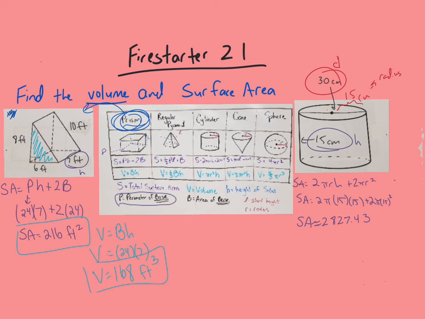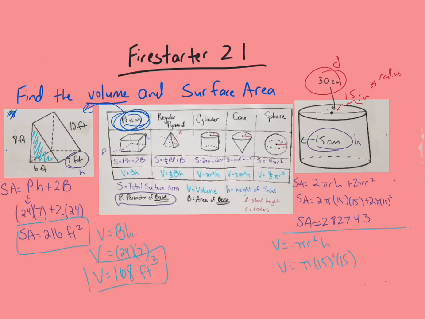Alright. Now I'm going to do volume. Volume of a cylinder is pi r squared times the height. So it's the area of the base times the height. The area of the circle, that's why it's pi r squared. r is 15, h is 15. So volume is equal to pi times 15 squared times 15. Alright. So I'm just going to put in my calculator, 15 squared times 15. If you wanted to put it in terms of pi, you could. I wouldn't, but it's 3,375 pi unless they told me to. So 3,375 pi